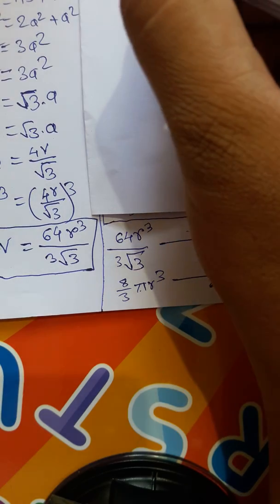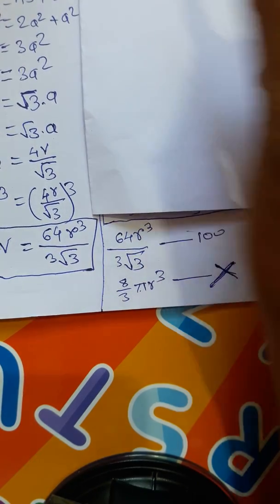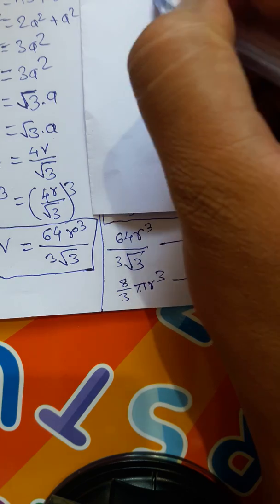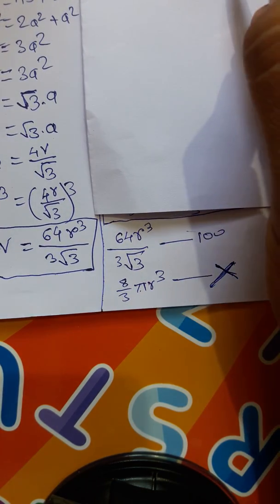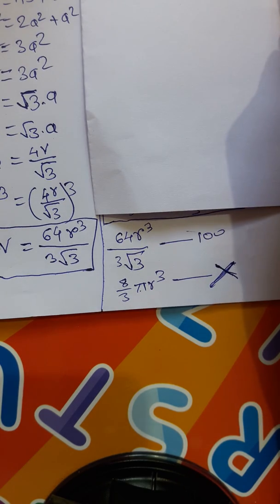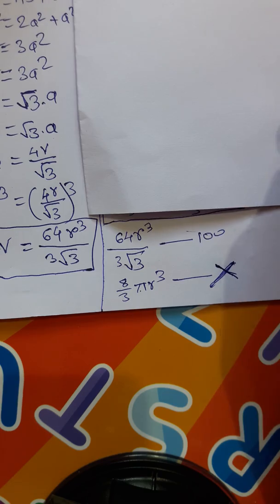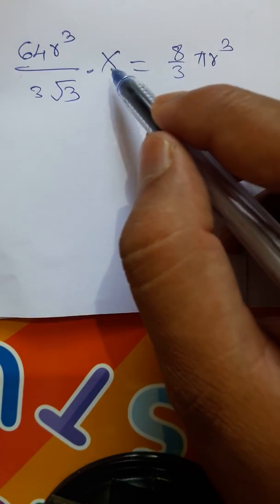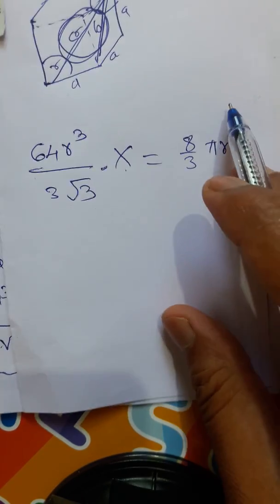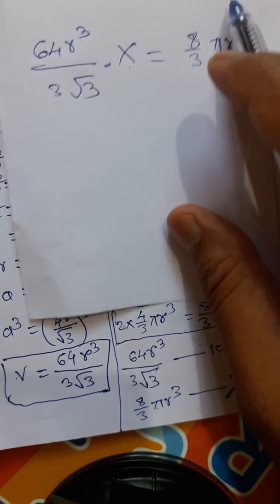Simply here we will get 64r³ upon 3 into √3 into x is equal to 8/3πr³. मुझे वैल्यू कैलकुलेट करनी है, यहाँ पे x की। देखो यहाँ पे हमने कंसिडर किया था यहाँ पे दिस वैल्यू